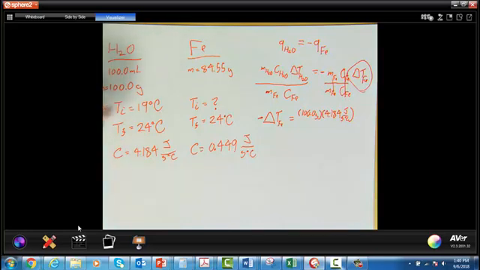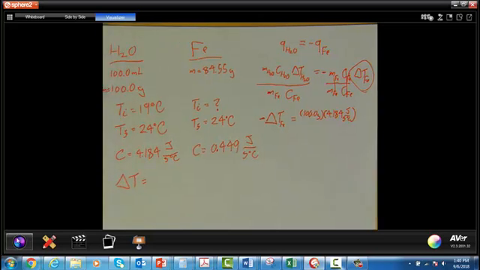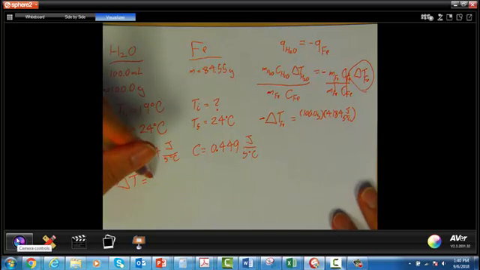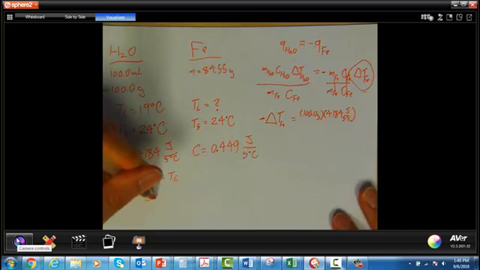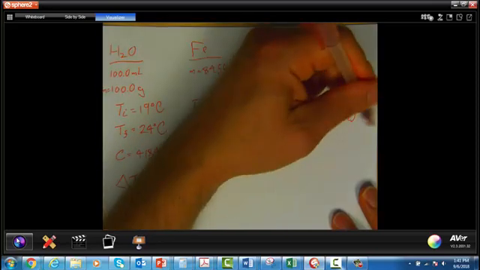Actually, you know what, I haven't calculated that yet. Let's go ahead and do that over here. So delta T is equal to the final minus the initial. So T final minus T initial, so that's 24 degrees Celsius minus 19 degrees Celsius. So we have delta T is 5 degrees Celsius. So we'll put that in over here,